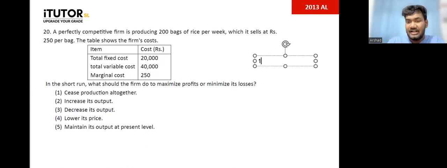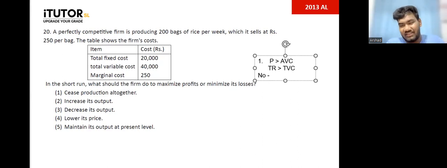Condition number 1. First, you have to check whether the price that they are receiving is greater than the average variable cost. Or in other words, in total terms, whether their total revenue is greater than their total variable cost. If this is no, what should the firm do, guys? If the price they are receiving is not even enough to cover their average variable cost, or their total revenue is not even enough to cover their total variable cost, what should the firm do? If this condition is not met,